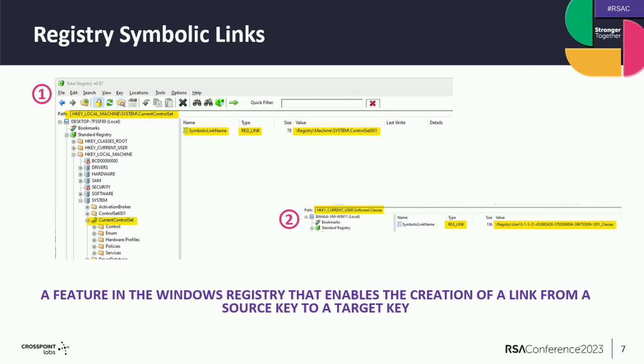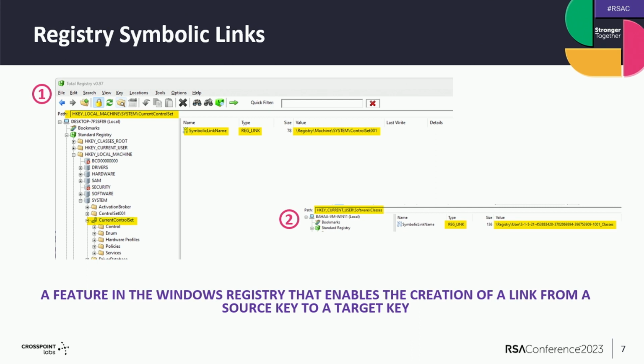Now, if you try to view those symbolic links in the built-in regedit, they will appear as regular keys, and there will be no indication that those are symbolic links. But if you want to view the underlying structure of those, you would need to use other tools like the one I'm using here, Total Registry, which was written, I think, by Pavel Yosifovich, who has also written a nice blog post on this topic.